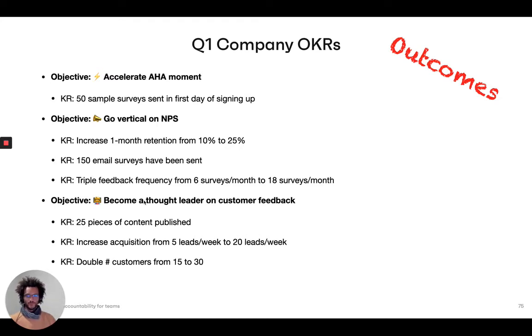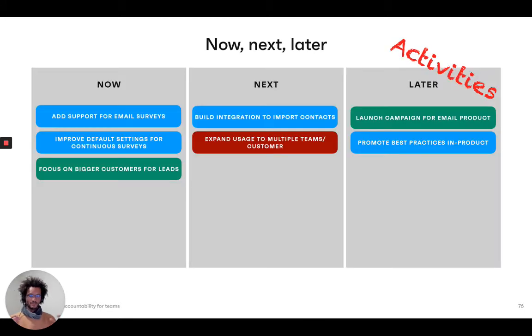And then from the set of OKRs in the previous video, we looked at how you can then derive your roadmap, which is your set of activities. And for the roadmap, rather than using a timeline, we adopted this now, next, later format. And the reason for preferring a now, next, later type of roadmap versus timeline is that this will make it much easier for us to adjust things as we go,